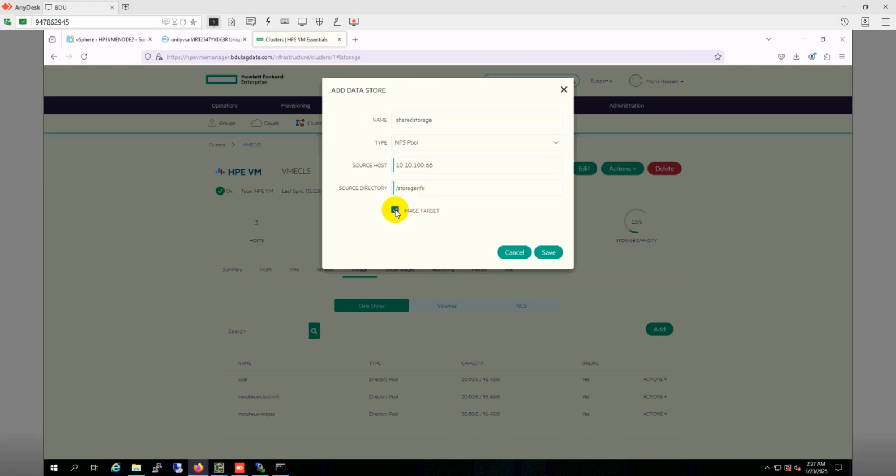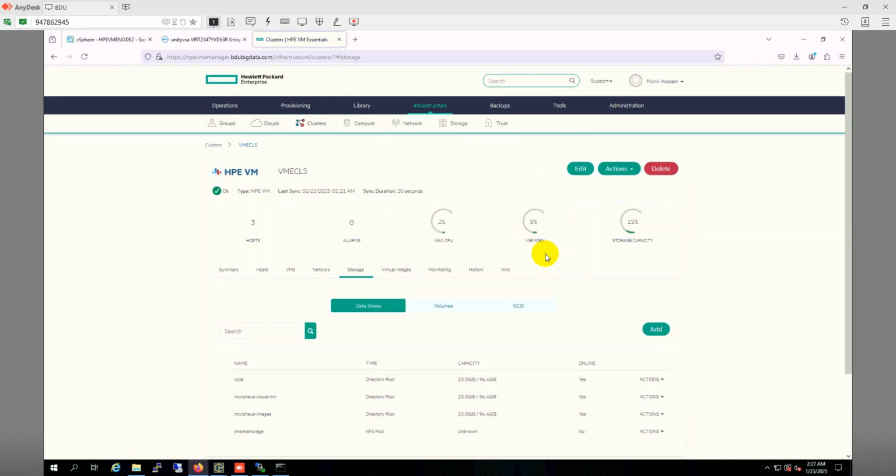We will use this NFS storage as our image target, so that if we upload any ISO file, it is kept in this location, and the VMs as well. Let's click on save